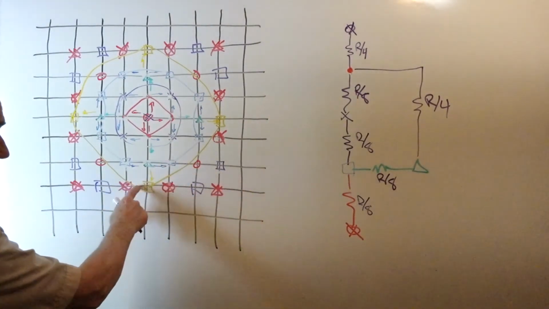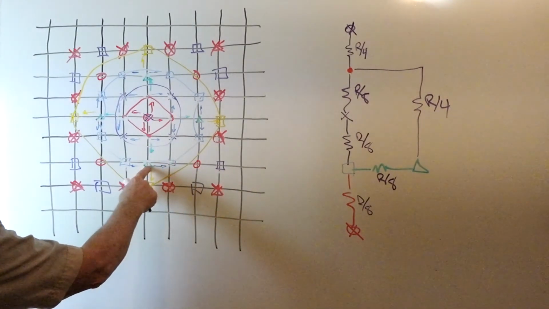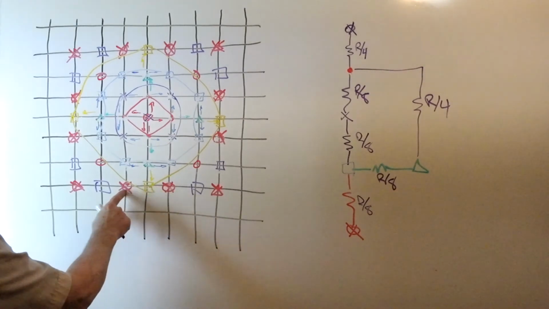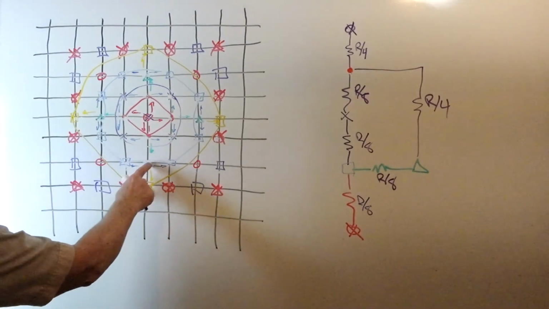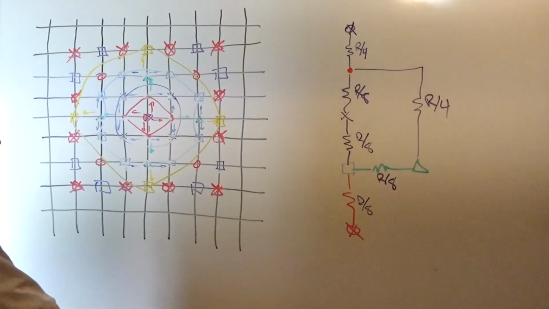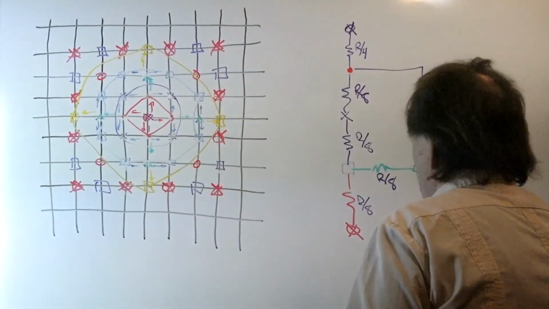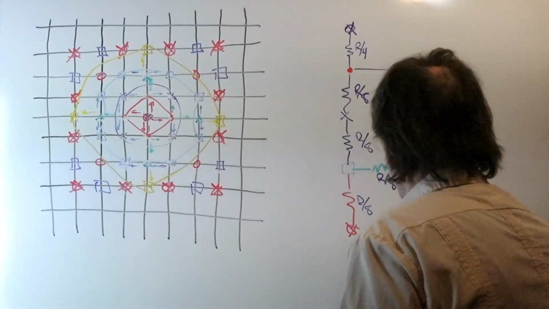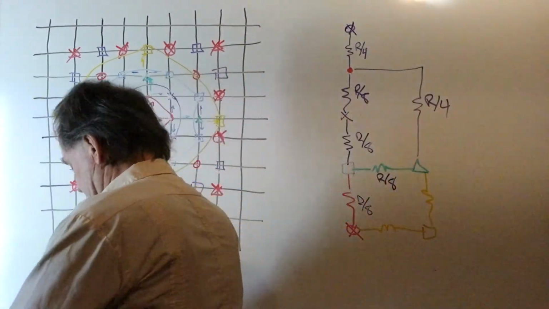The blue has to go through 2 resistors, so the adjacent nodes are to the greens or to the red X's. So the yellows have a resistor that's connected to the red X's and has a resistance to the green. So we get those 2